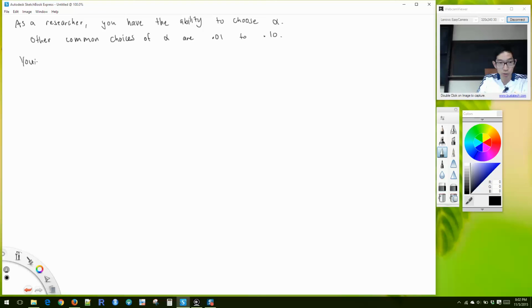So your choice of alpha has a direct consequence on making errors in hypothesis testing, okay? And these are not like mathematical or calculation errors. These are just errors inherent to the process